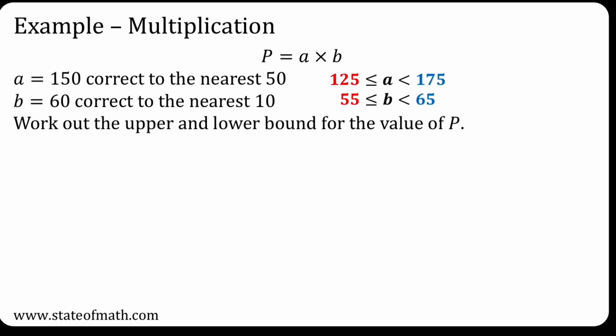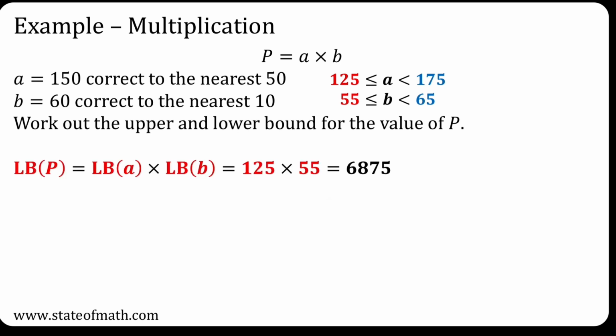Let's move on to multiplication. Imagine we're finding the area of a rectangle by multiplying its length and width. The length A is 150 centimeters rounded to the nearest 50, and the width B is 60 centimeters rounded to the nearest 10. The upper and lower bounds of A and B are the same as before. To find the smallest possible product, we take the smallest values. 125 times 55 is equal to